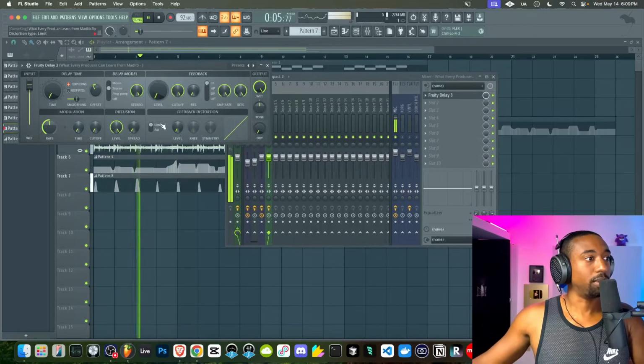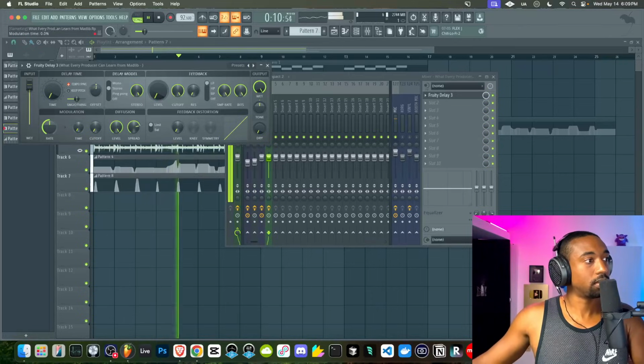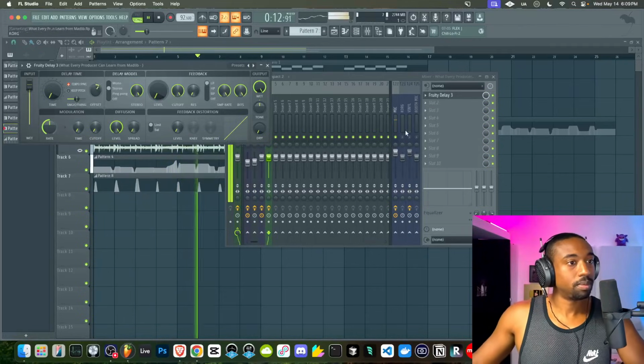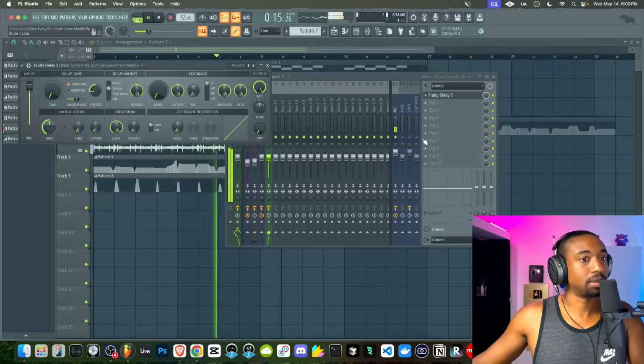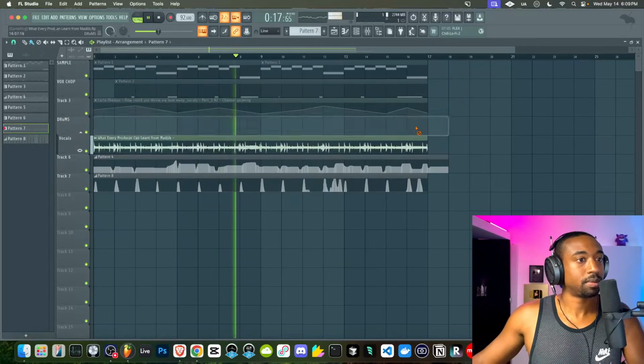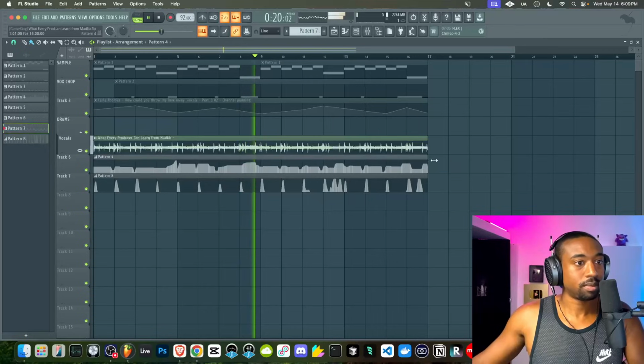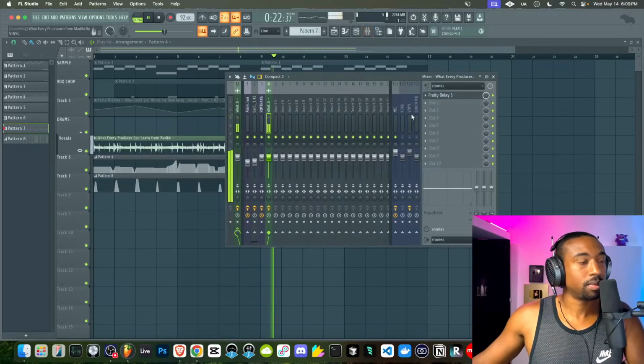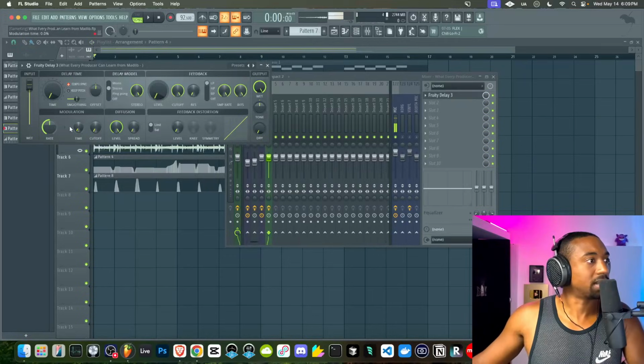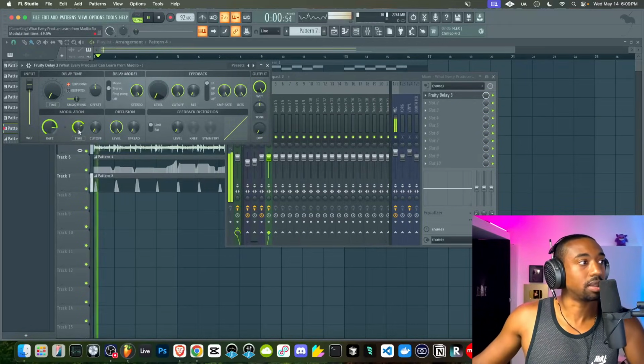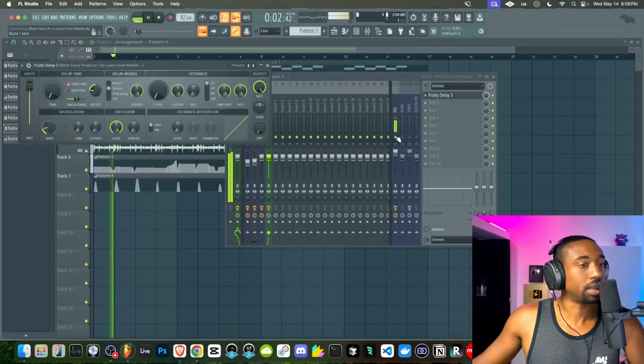We can also automate the limiter and different things like time modulation. This is more aggressive. So let's just keep automating these knobs. Let's go in and do the time modulation. We're gonna pull it back so it's not so aggressive, but I'll exaggerate it so you guys can hear the effect. It's pitch wobble. We're gonna pull the rate down so it's not so aggressive. And then we're gonna mess with the time cutoff, or the time, to create more movement.